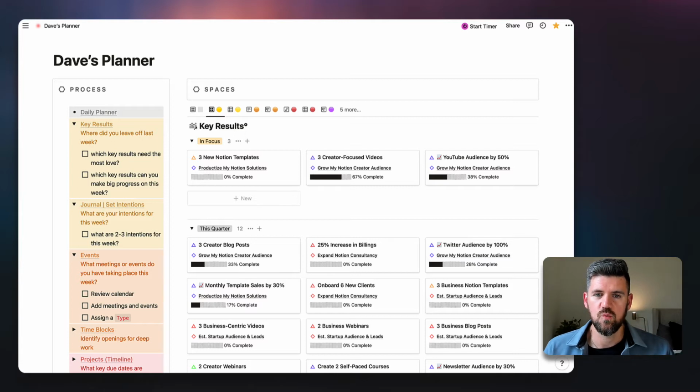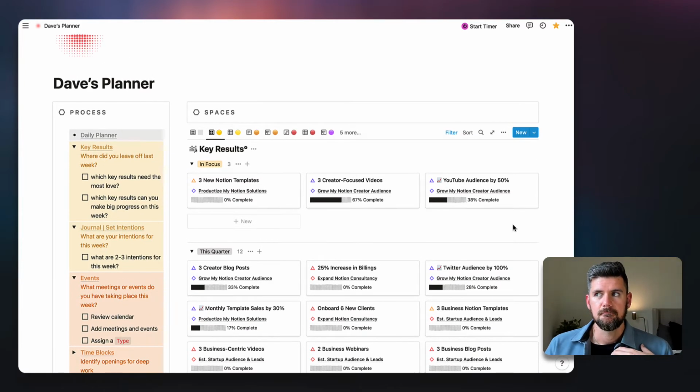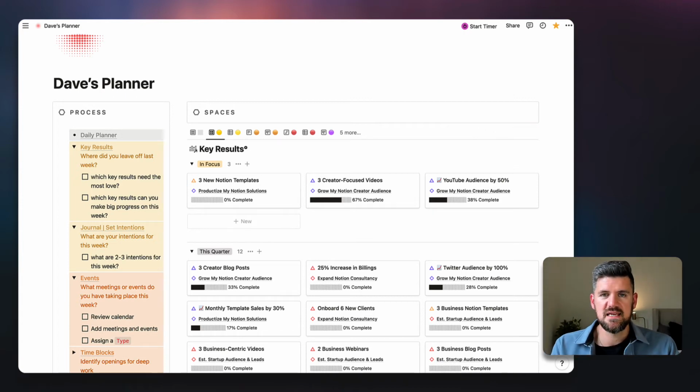So another big common challenge is prioritizing every key result every day and every week, which means that none of them really get the attention or the energy or the deep work that they deserve or that they need to make progress. So really just focusing in and having an awareness that each week we're probably going to have a different combination of key results that we're focusing on.